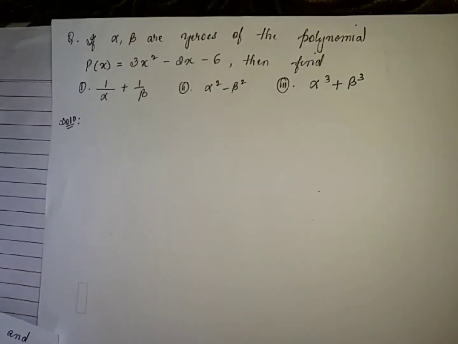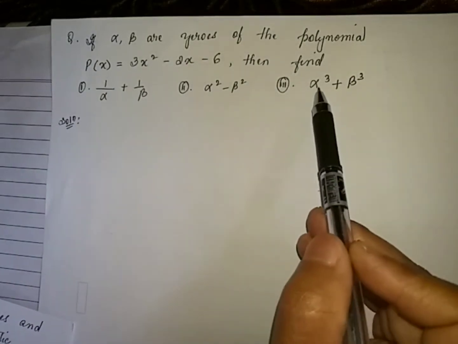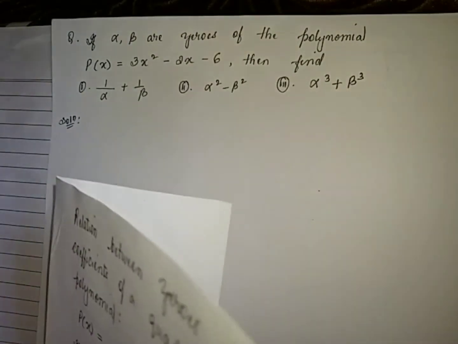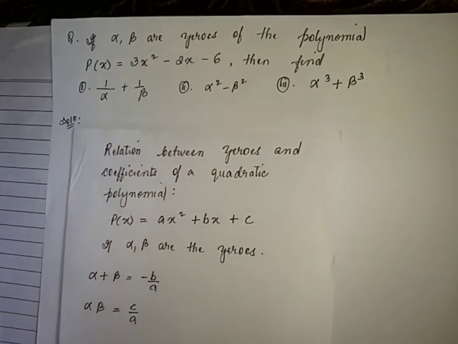Let us discuss this problem from the chapter of polynomials, which says: if alpha and beta are zeros of the polynomial p of x equals 3x squared minus 2x minus 6, then find 1 by alpha plus 1 by beta, alpha square plus beta square, and alpha cube plus beta cube. We will solve this problem by making use